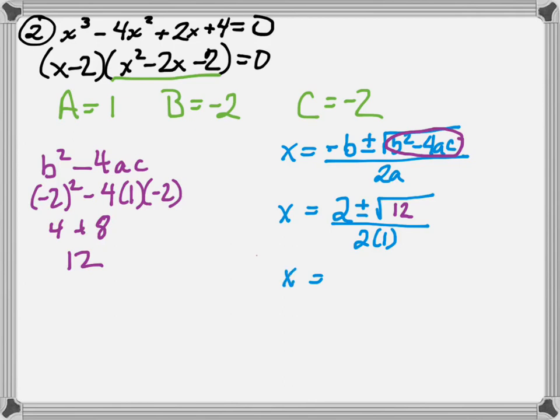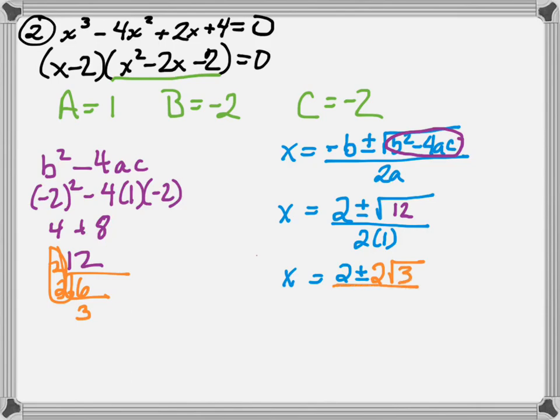So 12 is not a perfect square, so I can't take the square root of it, but inside of a 12 there are some factors that we can bring out. It's divisible by 2, which leaves us 6, which is divisible by 2, which leaves us 3. So we have a set of 2's that will come out of that 12. So we have a 2 plus or minus 2 times the square root of 3,